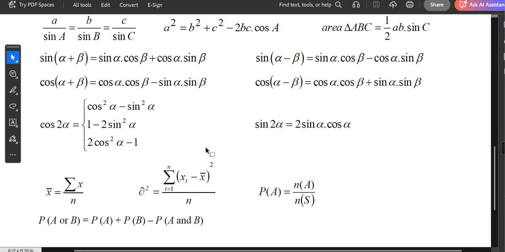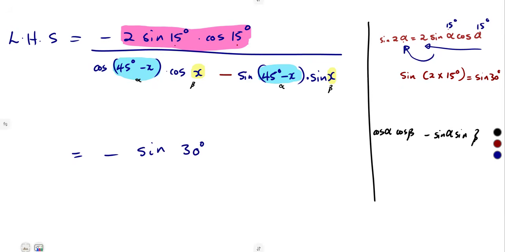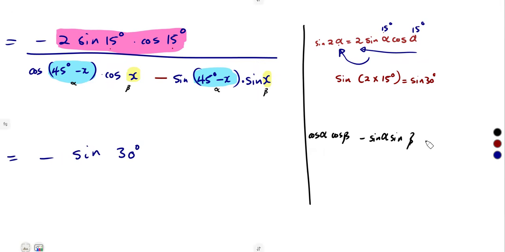Yes. The cos alpha cos beta minus sine alpha sine beta was taken from our compound angle identity of cos of alpha plus beta. So if it was taken from cos of alpha plus beta, just use it as it is. This was taken from cos of alpha plus